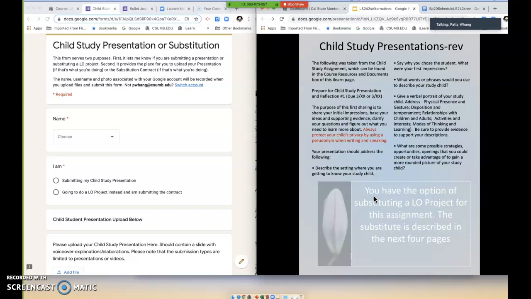I took this from the original child study assignment, and it was also on iLearn, and I just cut and pasted it. The one thing that I did remove is the reflection part, because that was really supposed to be reflections on the feedback and questions that you got after making your presentation in class.